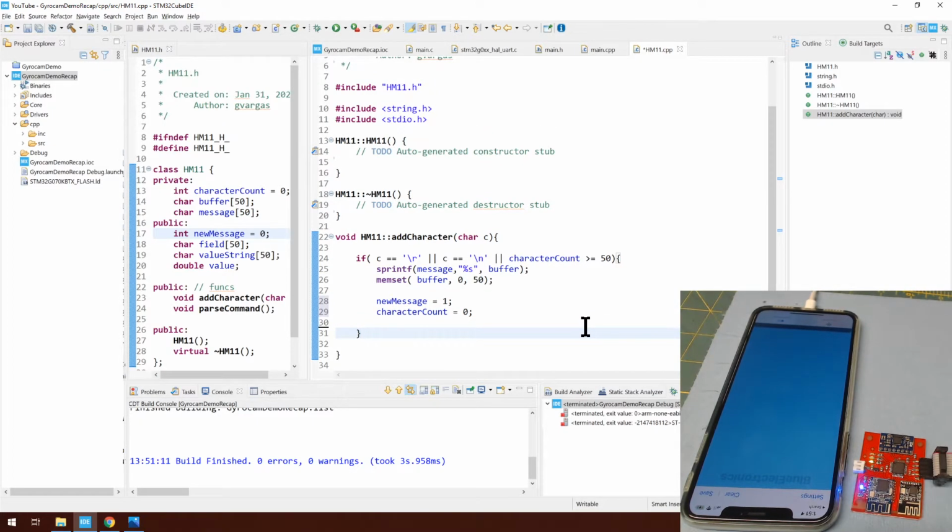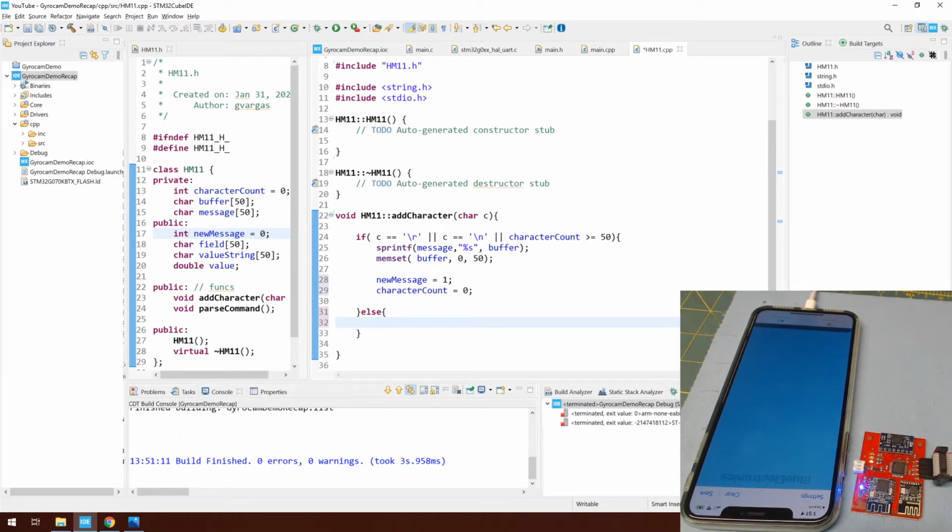And if it's not any of those flags, then we just add the new character to the buffer. So buffer character count, increase it by 1, equals C. Next function